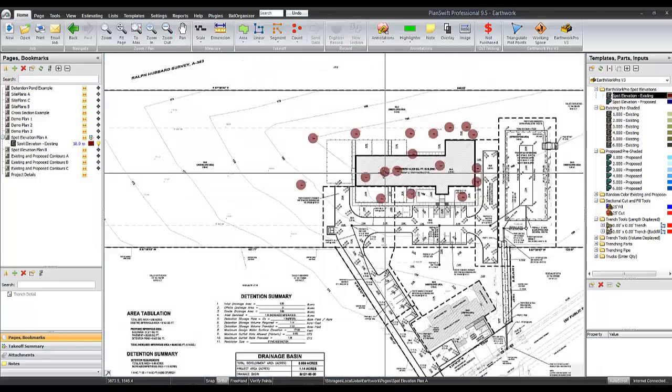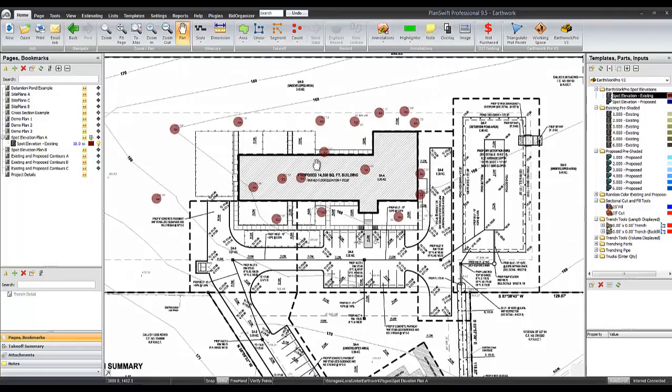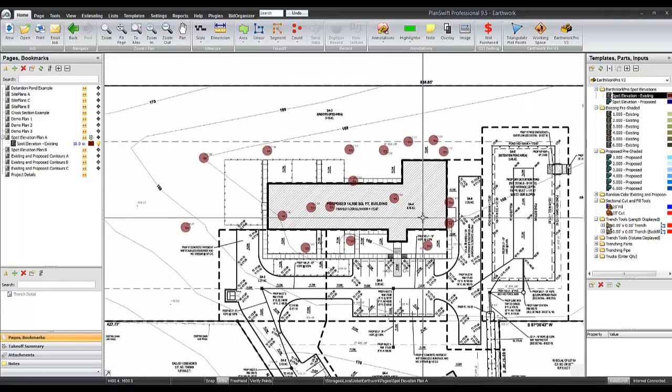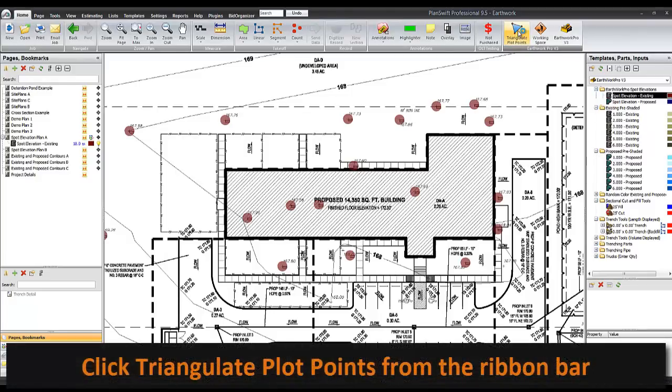So now at this stage I have all of these existing points on my screen, and what I want to do is go ahead and triangulate these points. Now I could also put in proposed elevations, but this drawing actually I'll be going off of the proposed contours, and we'll be using contour lines to show you how to do that. But what I'm going to do now is simply come to my ribbon bar and click triangulate plot points, and